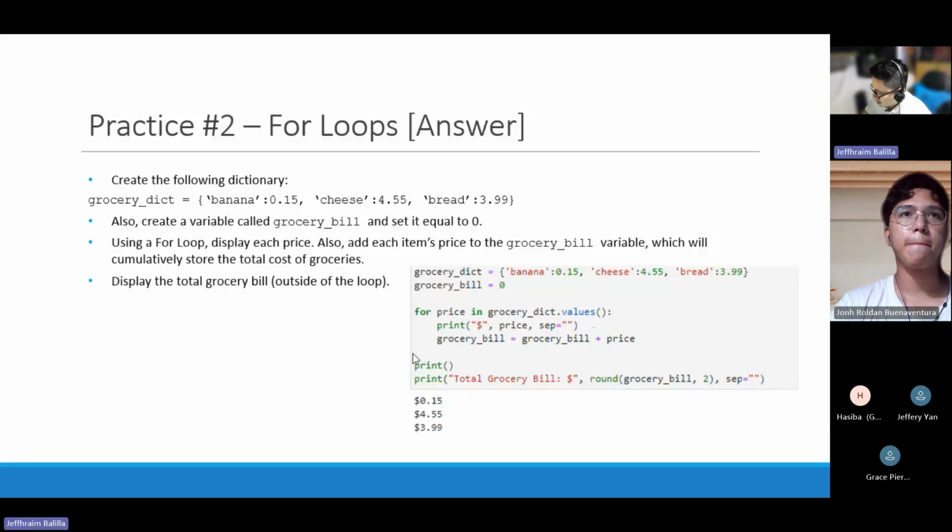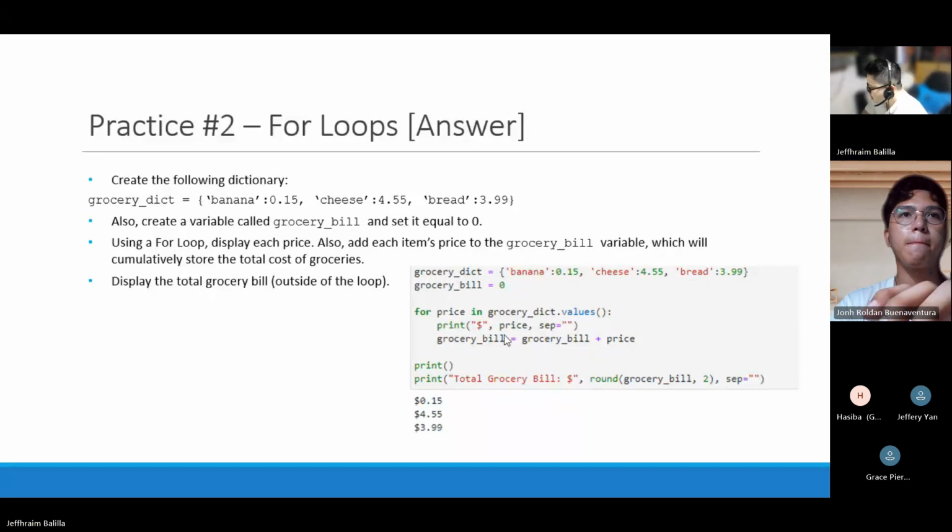Now, the loop will not proceed to this print until it finishes up until 3.99. Why? Because notice these two prints are actually outside the loop. So only after you go over each of the elements of the sequence would it proceed to this.